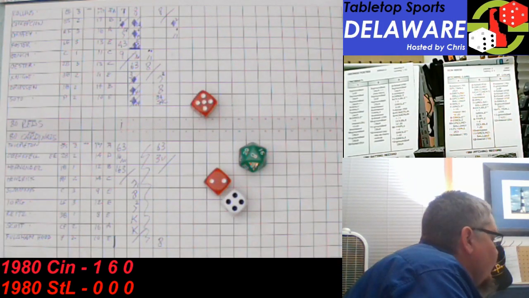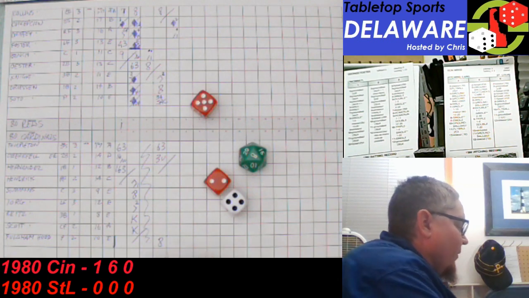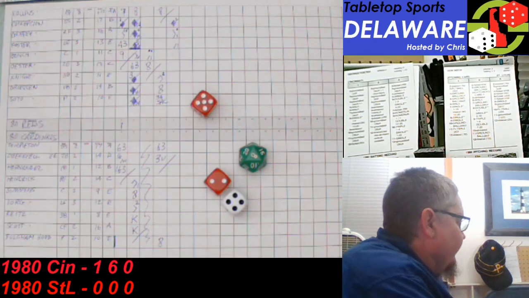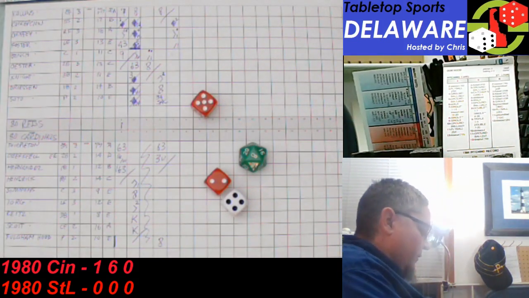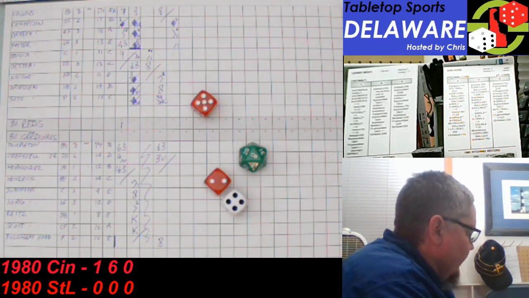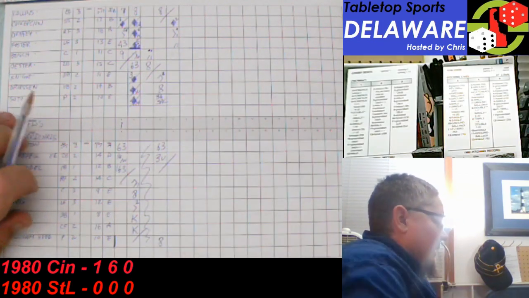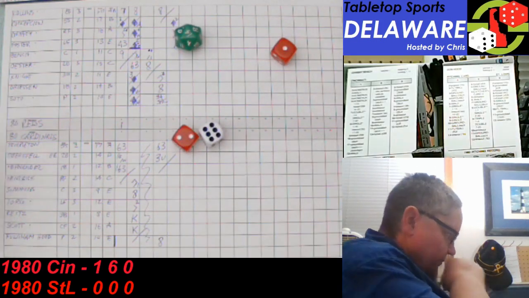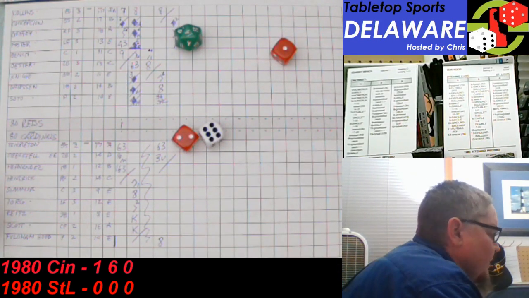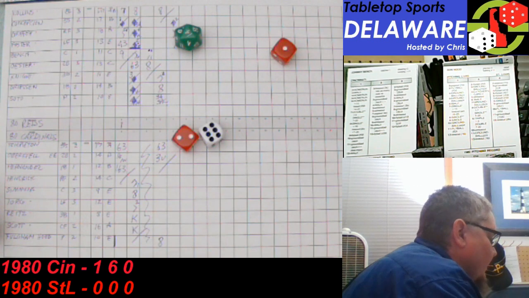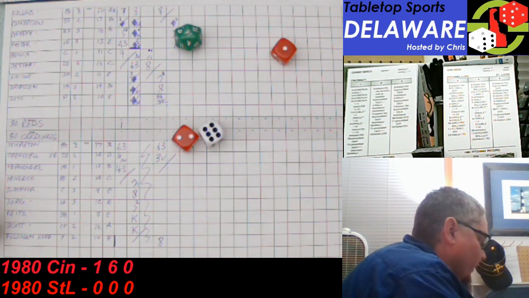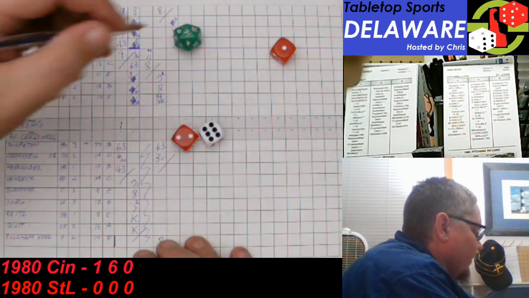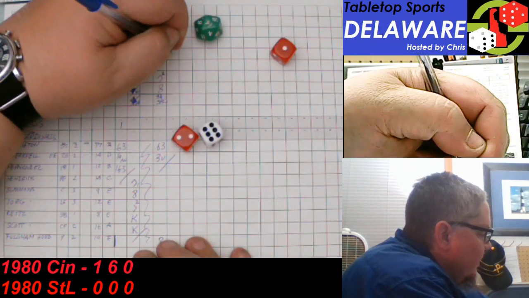4-7, that is going to be a smack shot up the middle by Foster. Base hit, that'll get Griffey to second. None out, 2 on. Johnny Bench comes to the plate. The Cardinals are allowing a lot of base runners, just a lot of base runners. Here's the pitch from Hood. 6-3, ground ball back to the box. He is able to get Foster at second. Oster covering. 1-4,